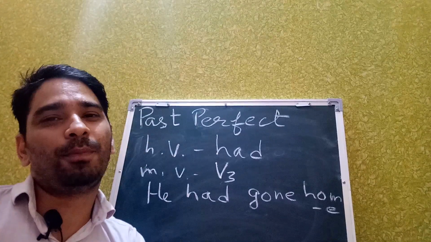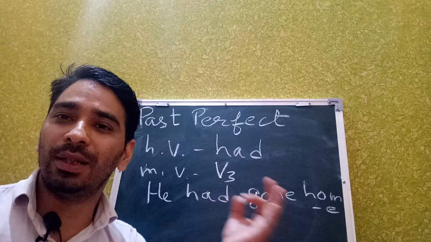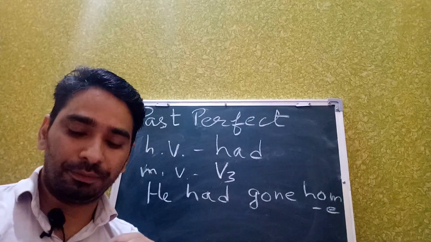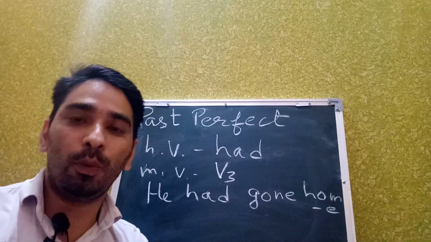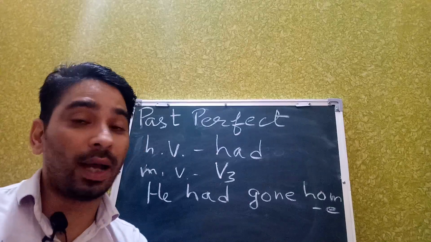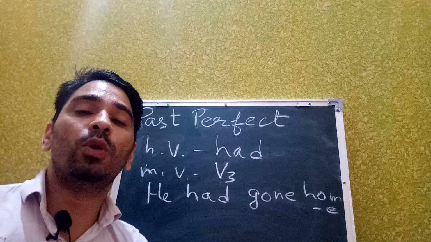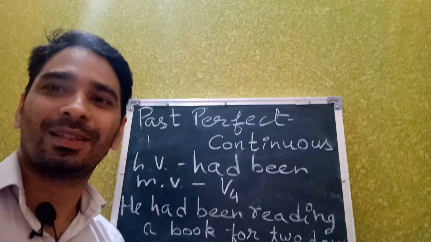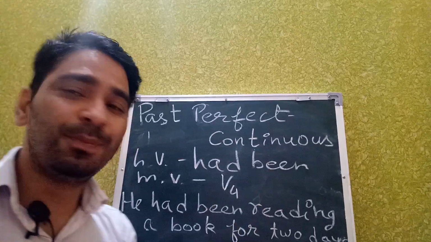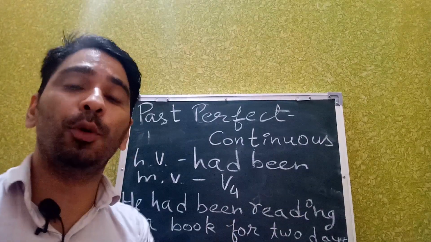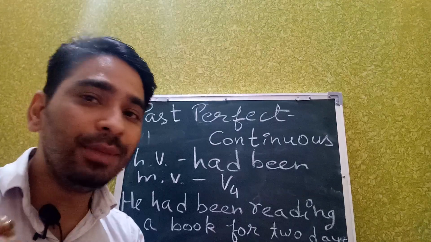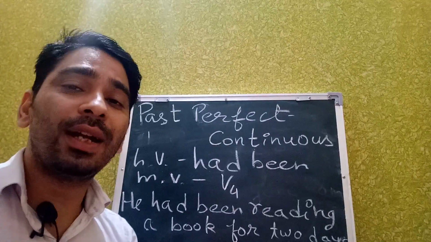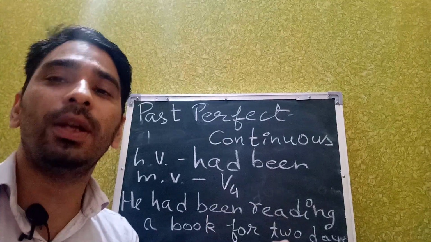One last tense, my dear friends, past perfect continuous tense, as we understood earlier with present perfect continuous tense. Past perfect continuous: he was going home, past continuous tense. Last time I made an example, he is reading a book and he has been reading a book. Now let us understand the helping verb. Past perfect continuous: he was reading a book. What was happening? When I called him, he was reading a book. When I asked him how long, he said he had been reading a book for 2 days,